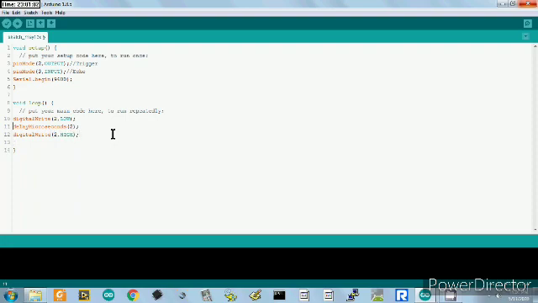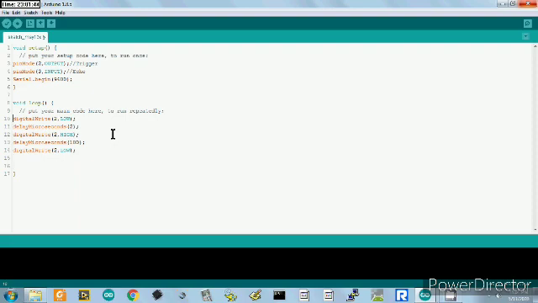Now here we have to define the pulse width. So for the trigger, the minimal allowable pulse width is 10 microseconds, but I am giving 100 microseconds to be on the safe side. So this will generate the trigger pulse. Now we have made this trigger pin high, now we make it low. So this will generate a 100 microsecond pulse. This we are feeding to the module as a trigger input. So now we have to measure the echo signal. The echo signal will have the distance information in terms of the pulse width, that is in microseconds.